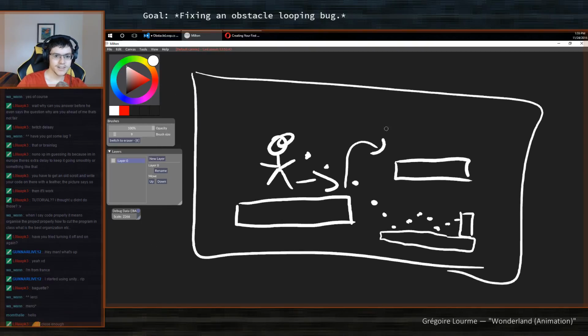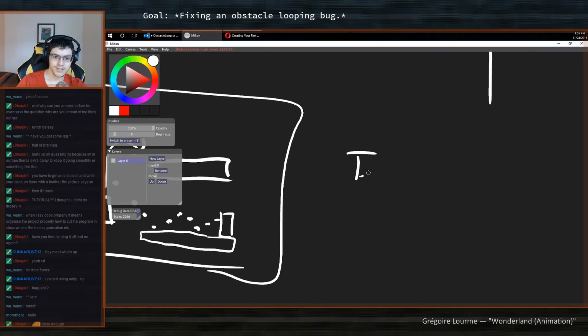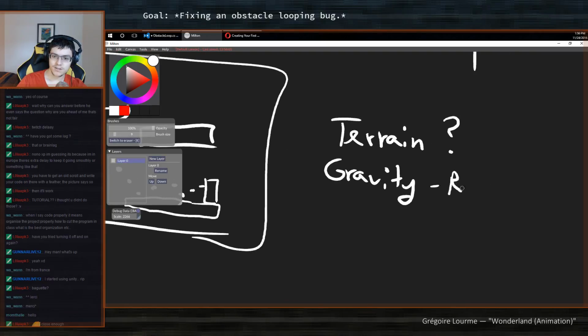So you start to think, okay, what's a platform? What's the concept of terrain? How is this coded? Do I need gravity, or some sort of physics? So you start to think about these things in the big physics.